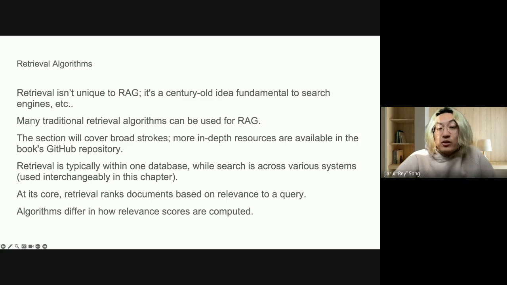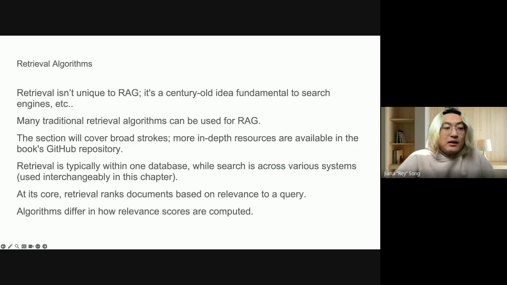In this section, we'll be covering the broad strokes of these algorithms. Given the depth of information retrieval as a field, we won't be able to cover every nuance here. However, for those who want to go deeper, the book's GitHub repository contains more in-depth resources on information retrieval. And then just a quick note on terminology. Within this chapter, the authors have been using retrieval and search somewhat interchangeably. Although typically retrieval might be thought of as operating within a single database or system, while search spans across multiple